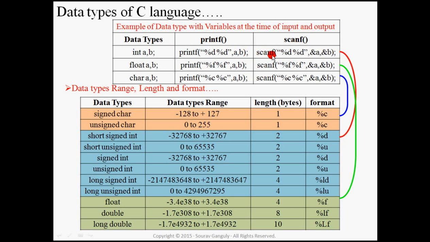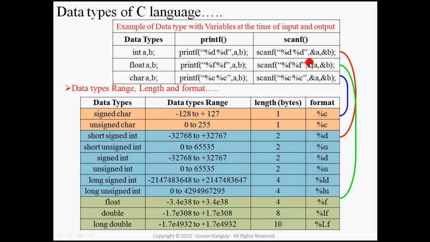Now in the case of scanf, if I want to take any integer value from the user, then I have to use a variable name with ampersand sign, and this %d will tell the compiler that the value type is integer. The same thing happens for the float. %f means float. That means here a and b will display the floating value. So I use here %f, that means it is the float value.